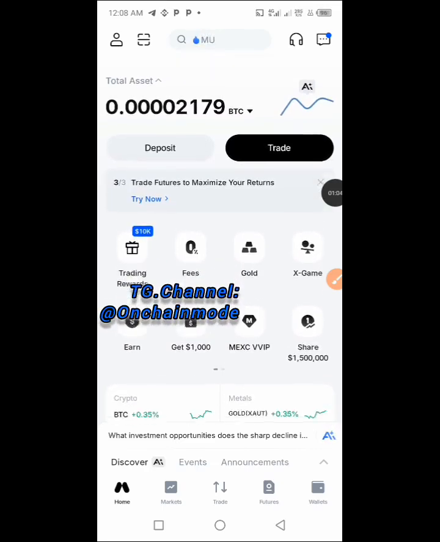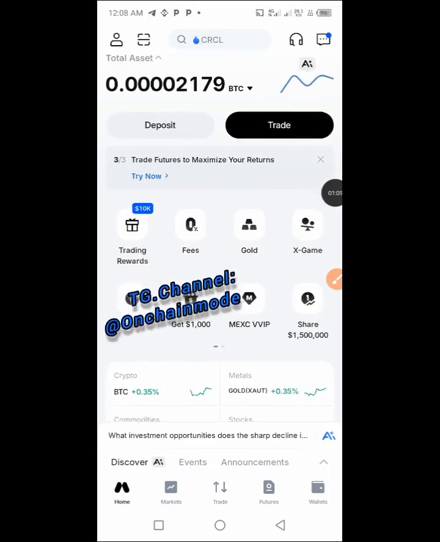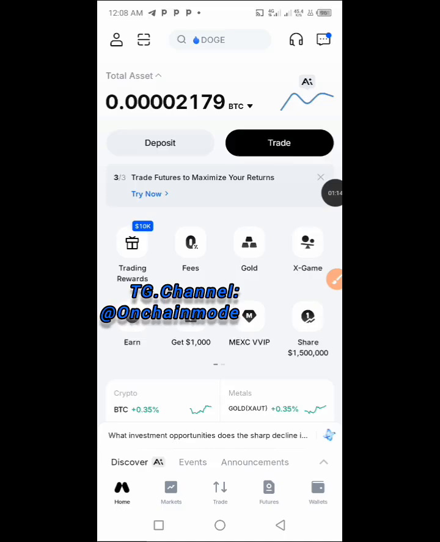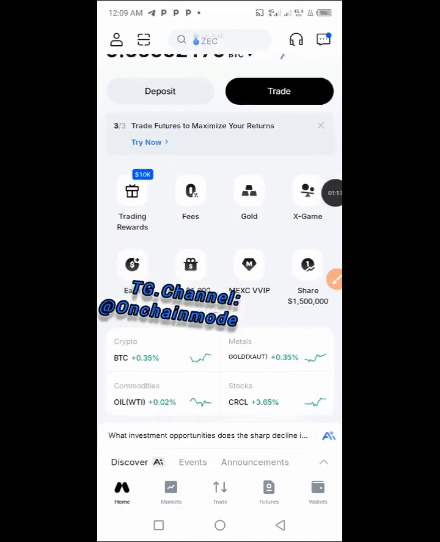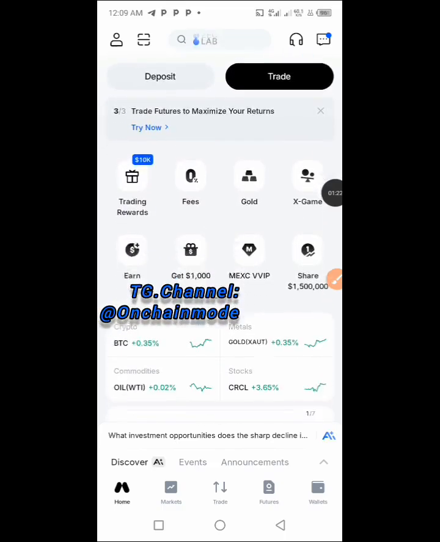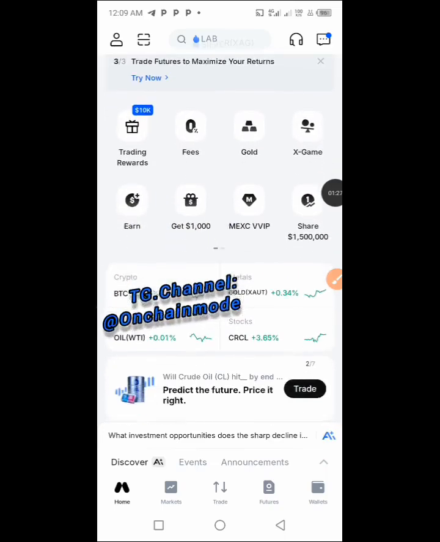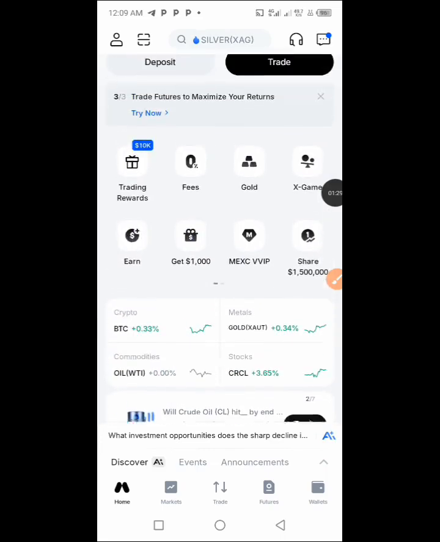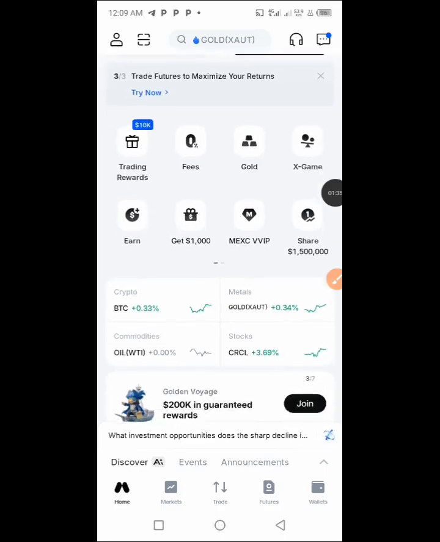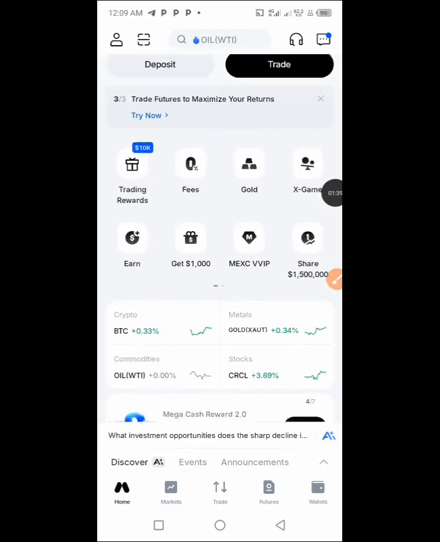So that is why, to be on the safer side, it's always very important that you send your tokens or coins from your centralized exchange to a decentralized wallet, where nobody can have access to your money except you alone. All right, so only make use of this centralized exchange when you want to buy or sell any cryptocurrencies. All right, so now, for you to be able to send your OORT from your MEXC Exchange,